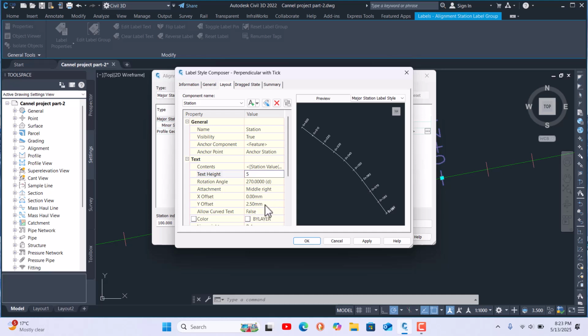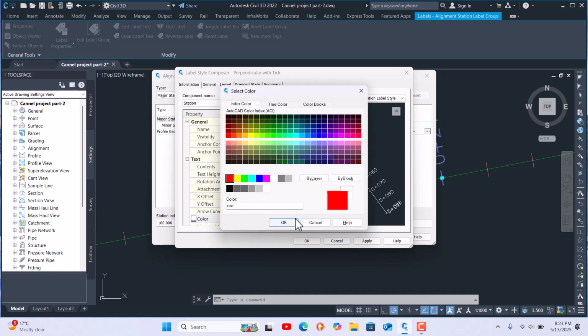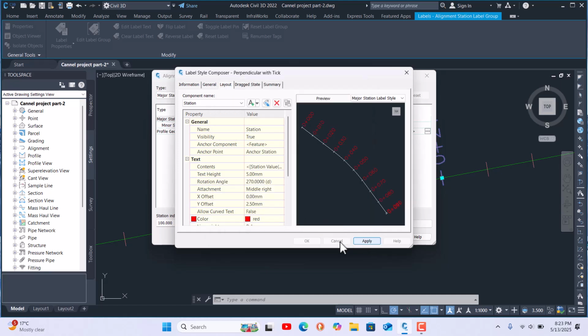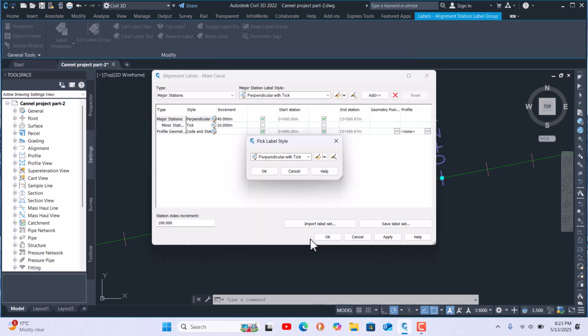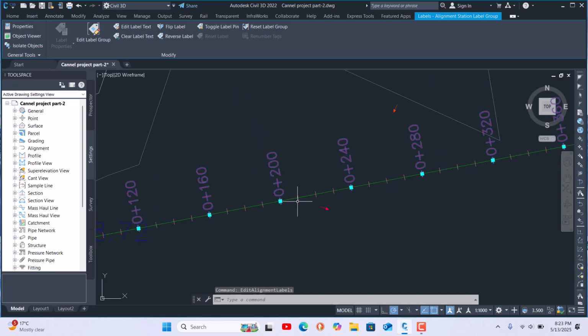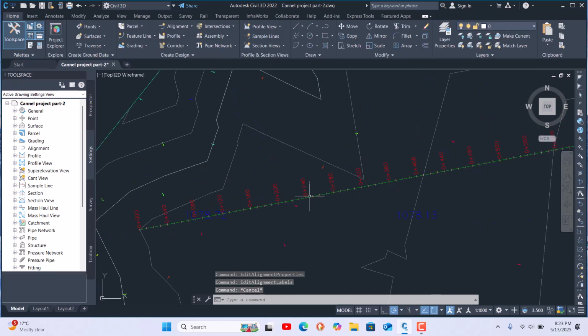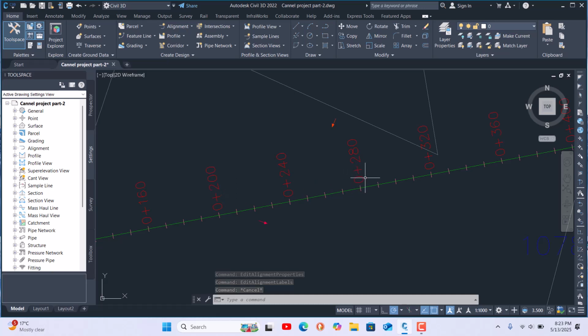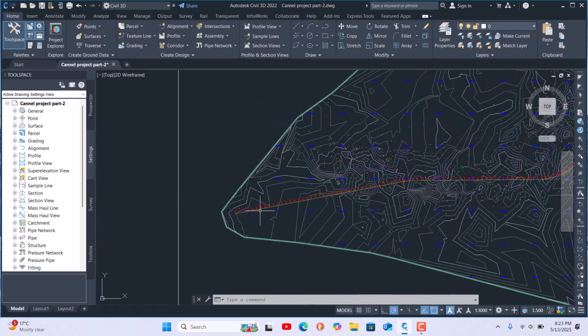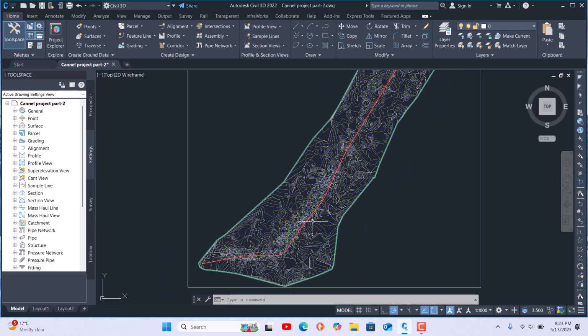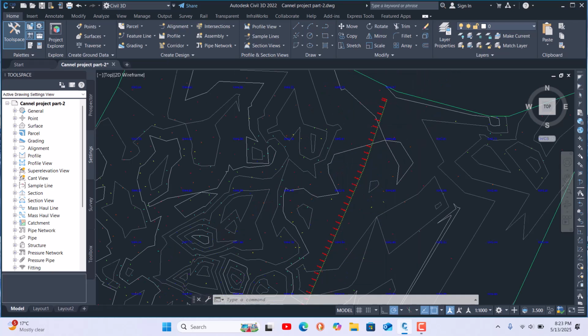Attachment is also good, no problem. Here if you want to change the color, you can put red as you want, and you can see the preview here. Then say okay, apply and okay. Now see, the color has changed and the text is bigger, and every 40 meters is a major label, and the small ticks between them are every 10 meters, which you can decide here. So I am just explaining a little about these styles.